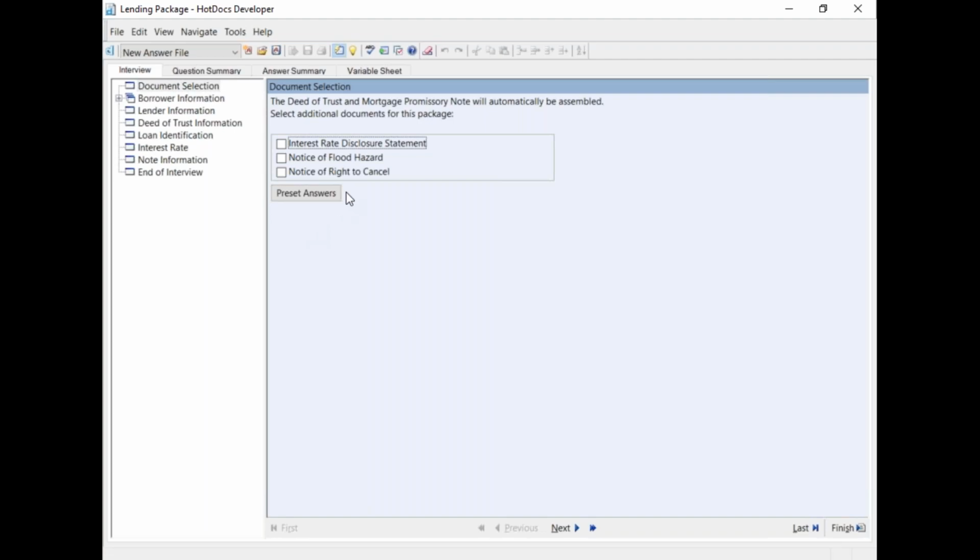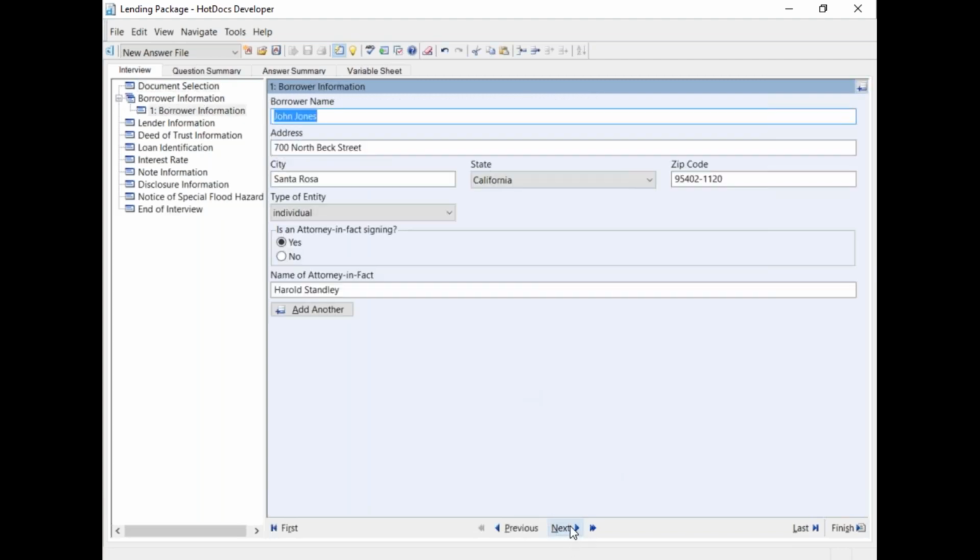And again, in ours, I've got a few questions here. Do I need an interest rate disclosure? I'll say yes. Do I need a notice of flood hazard? I'll say yes. And I could type my way through every additional section of the loan package, but in this case, I'm going to reach out to a SQL server, and I'm just going to say, pull in all the other answers for me. If I step through my interview process here, you can see that there's a lot of